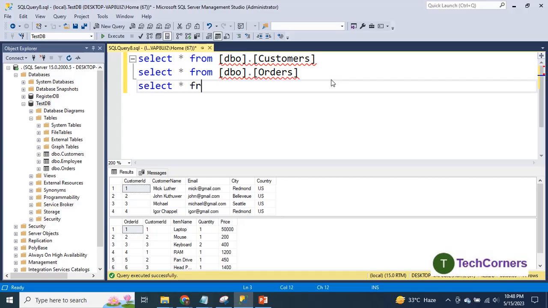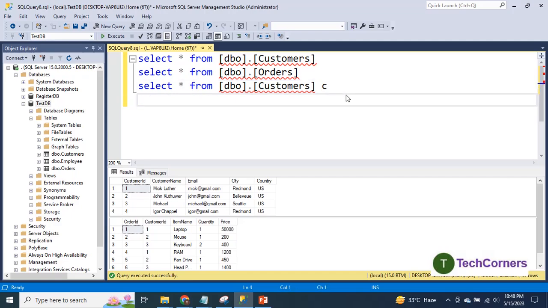Select star from, I'm just using star, will change it as per the column requirement. I have given the alias C, then left outer join,